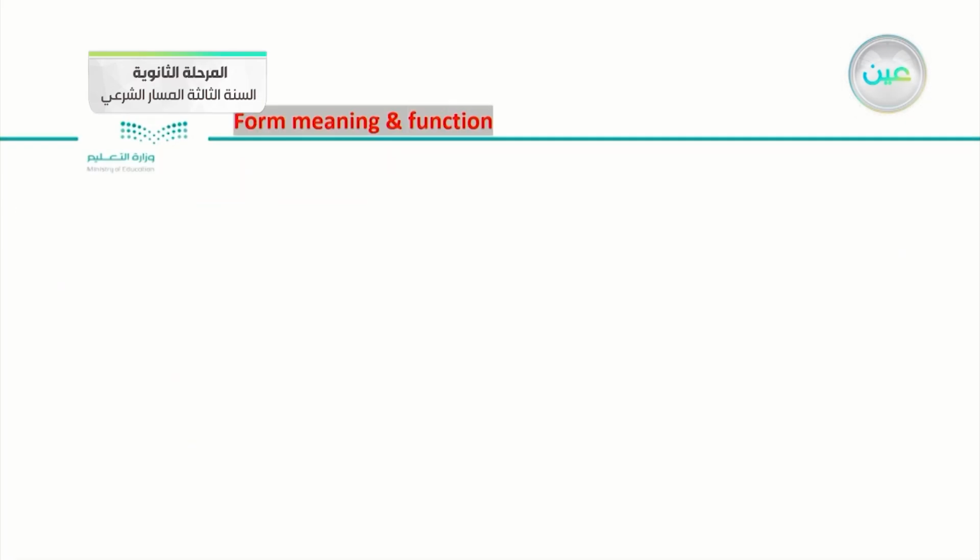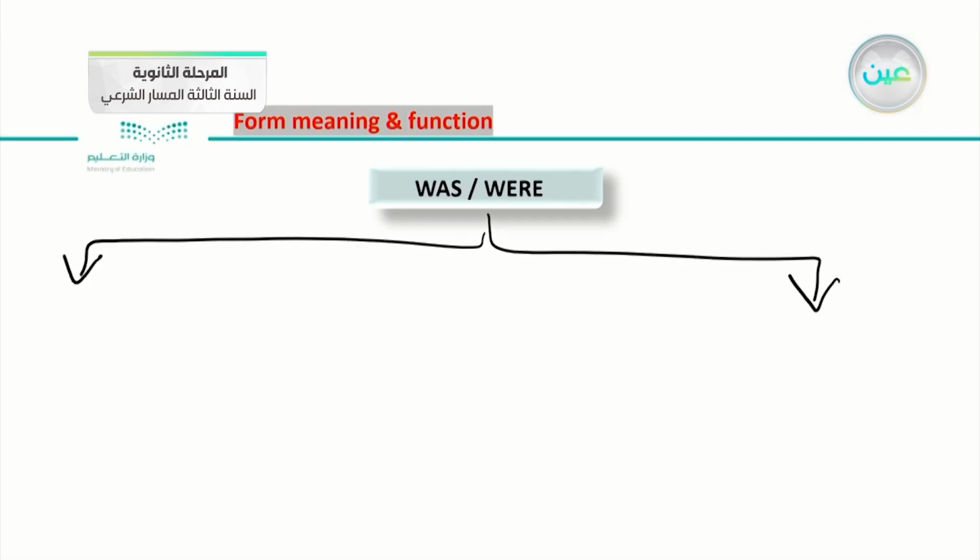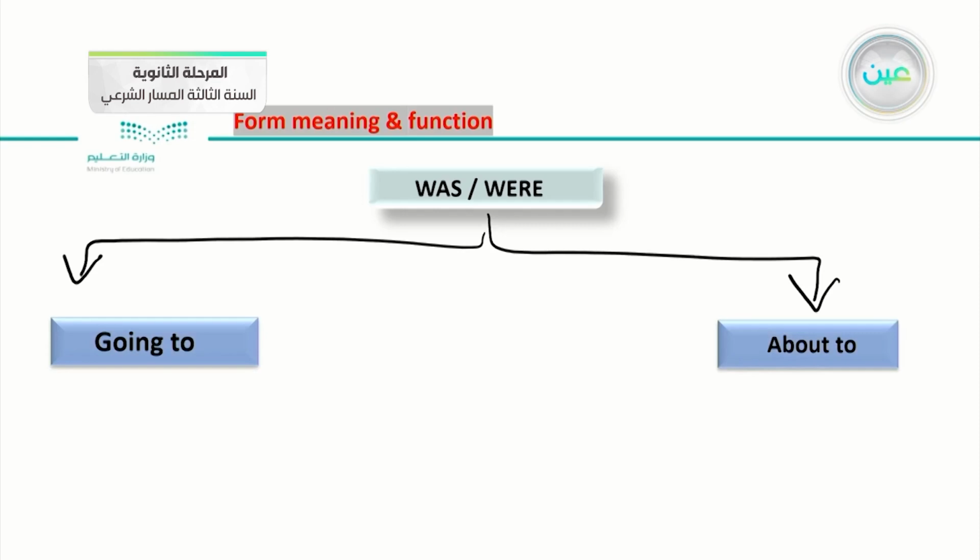This is what would belong to the past progressive. The last things from our meaning and function are how we can use was and were. Okay, look at this slide. We can use was or were with going to, and we can use it again with about to. And all of them